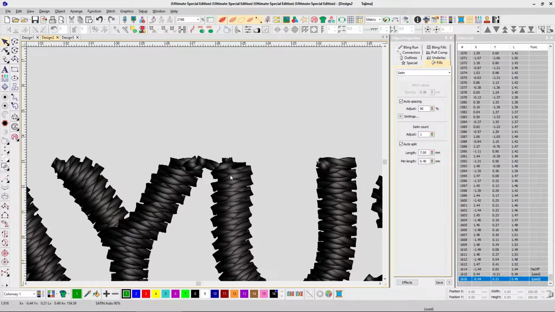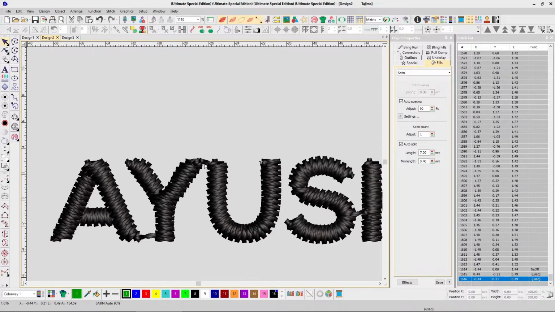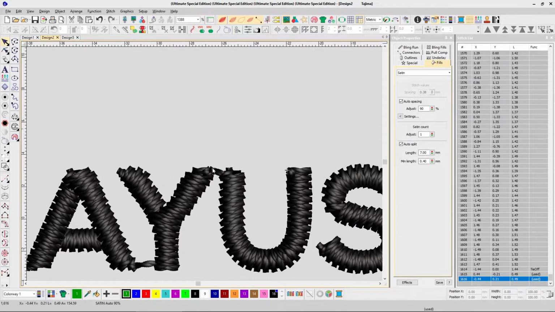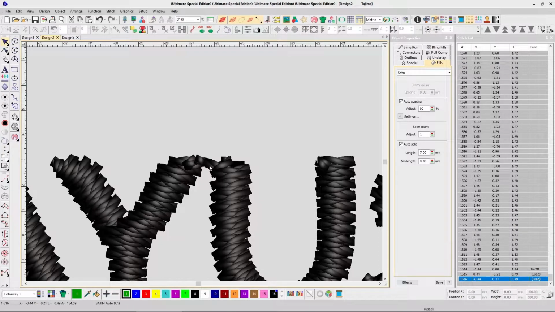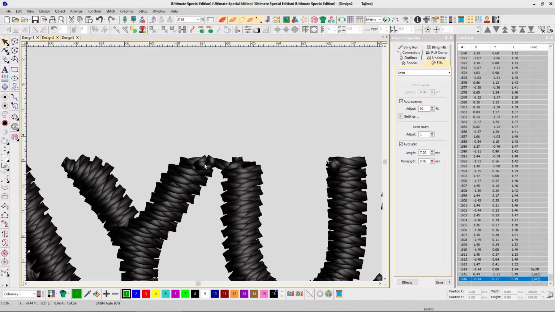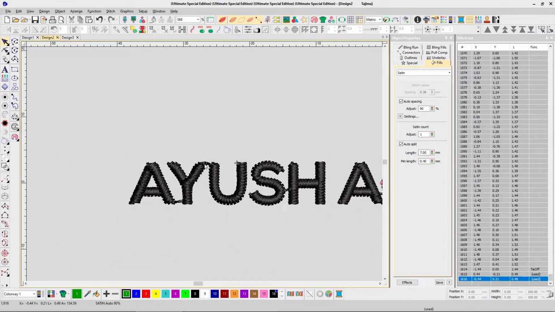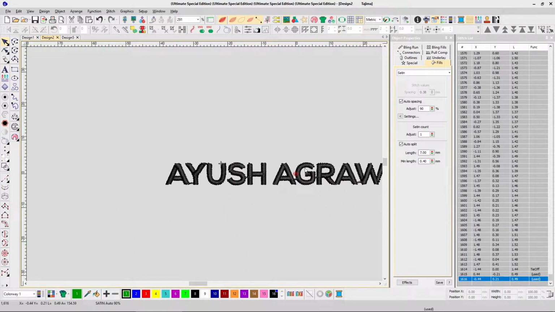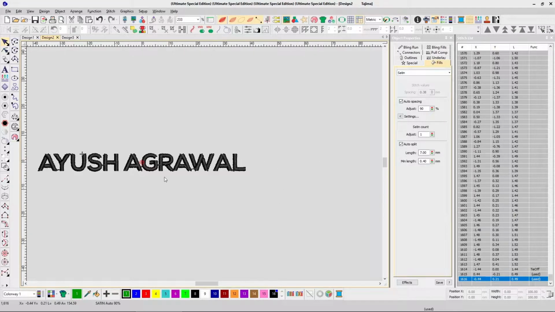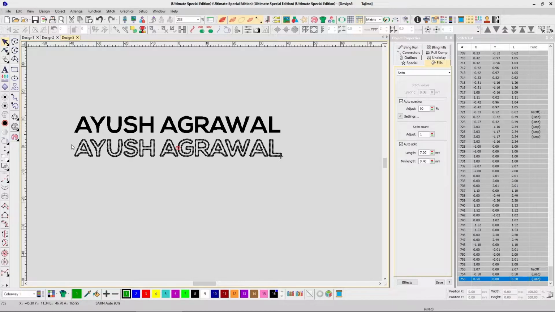So this is a jump stitch. It has made a jump because obviously it's not possible. This is not at all possible for the machine, and it's only looking good on the software, but it's not going to look good when it's actually stitched. So for that only there is another type of stitch called a run stitch.